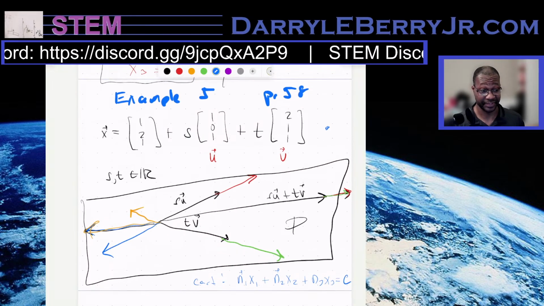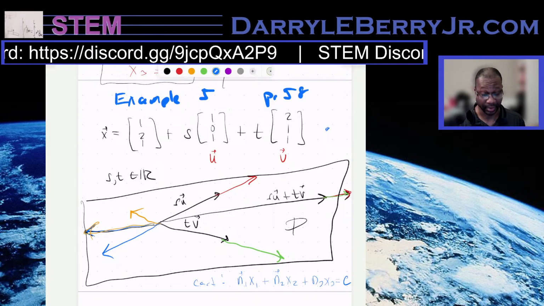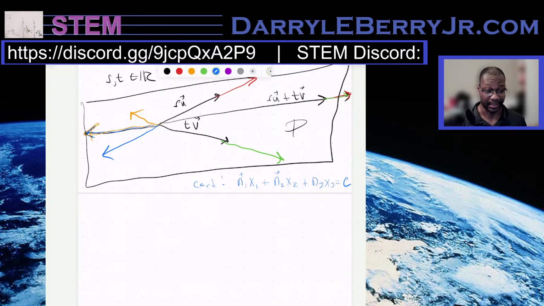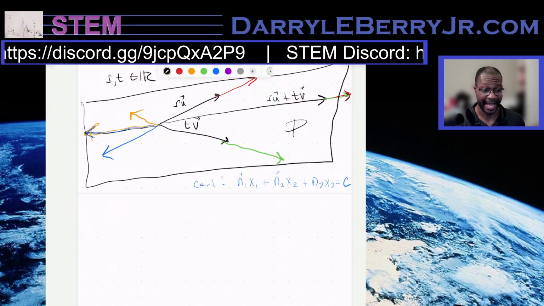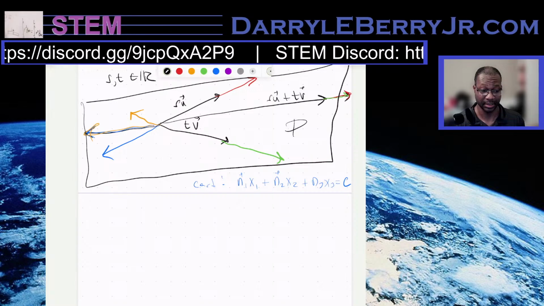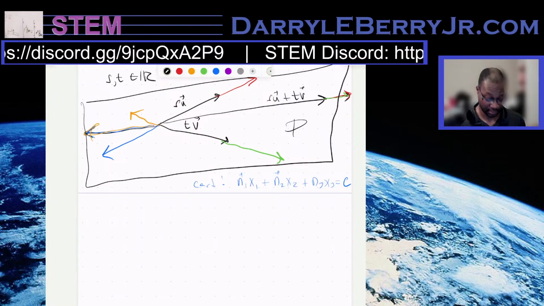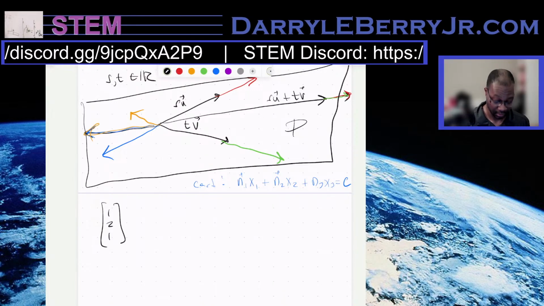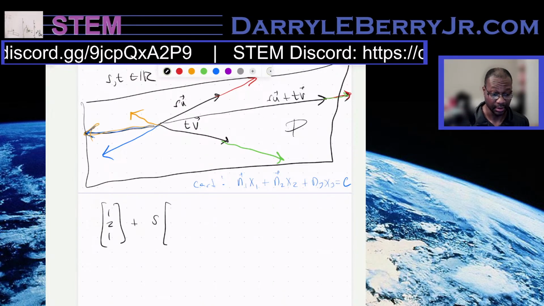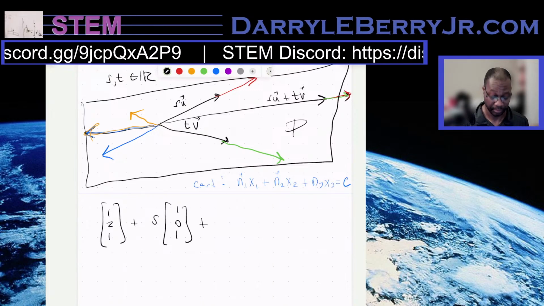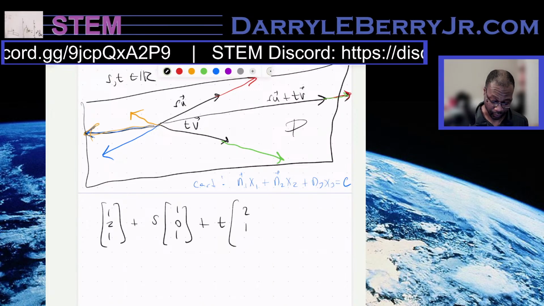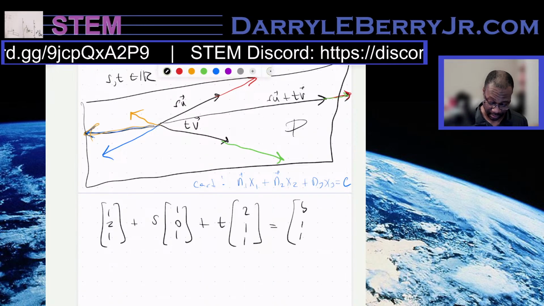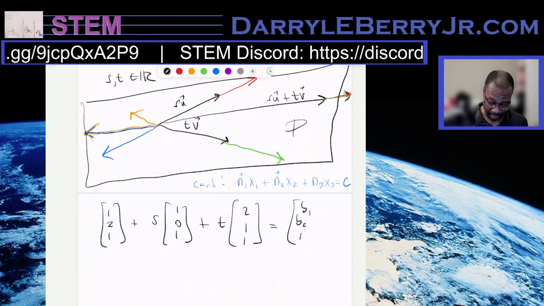So they gave us this parametric equation, (1, 2, 1) plus S(1, 0, 1) plus T(2, 1, 1), and it wants us to ask which vectors b can be written in the form (1, 2, 1) plus S(1, 0, 1) plus T(2, 1, 1) equals (b1, b2, b3),